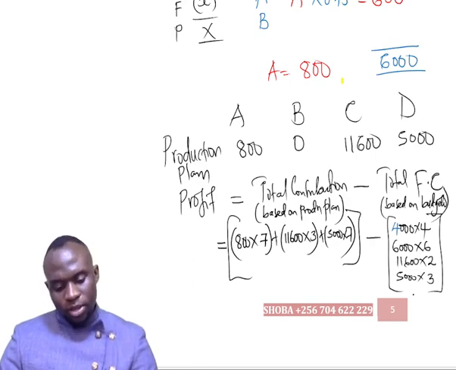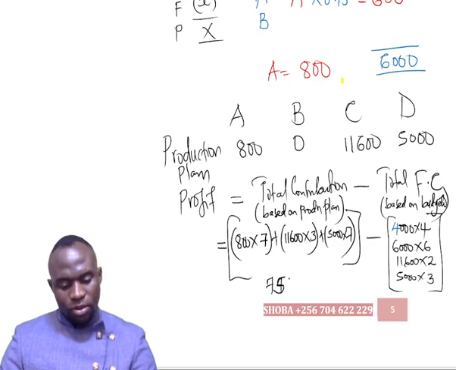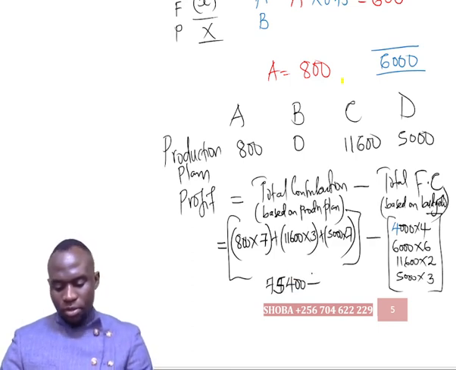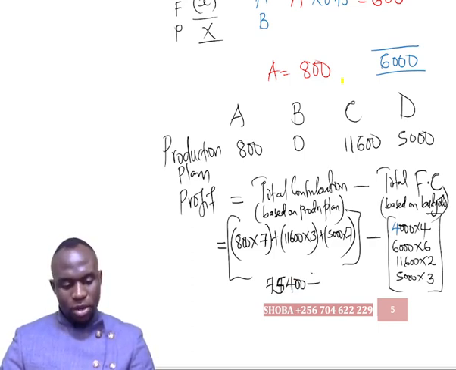And the answer we get this side is 75,400. So we subtract 4,000 times 4 plus 6,000 times 6 plus 11,600 times 2 plus 5,000 times 3,